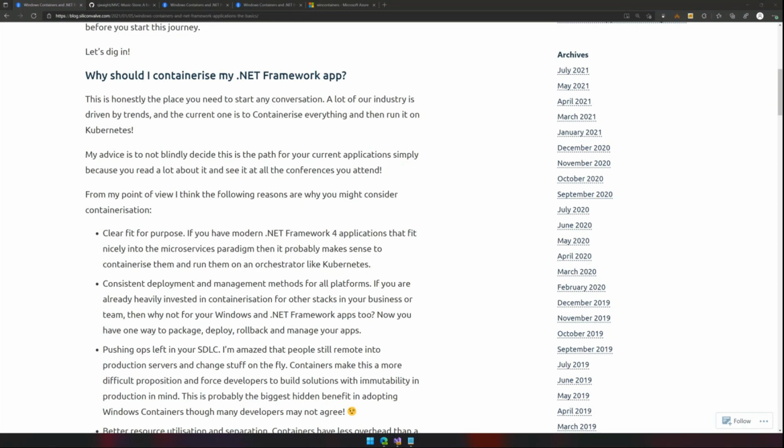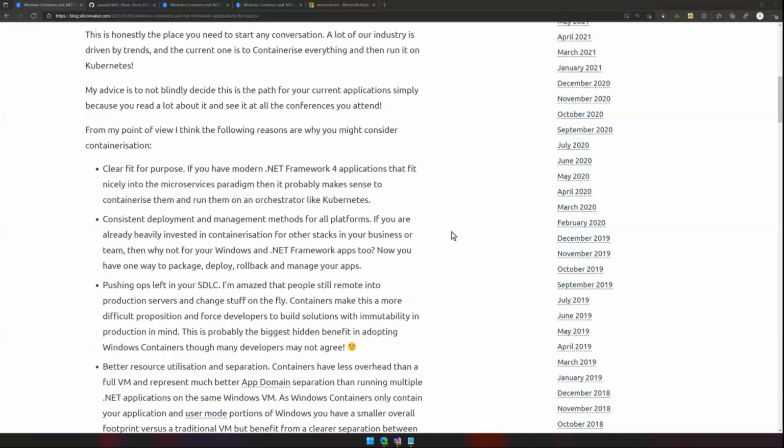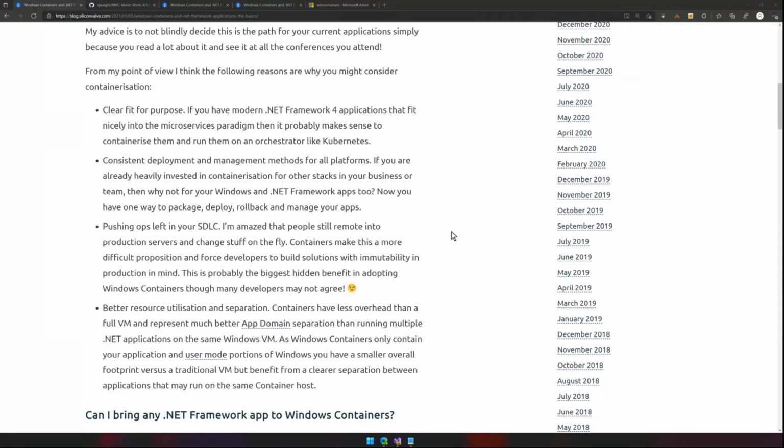You can start with fairly minor changes and progress down the rabbit warren, for want of a better description, before you really have to start to commit to understand how to do containers in detail, how to do Kubernetes in detail. So I talk a bit about that, about why would I containerize my .NET app? So I've talked a bit about, is it fit for purpose on that scenario I've just talked about?